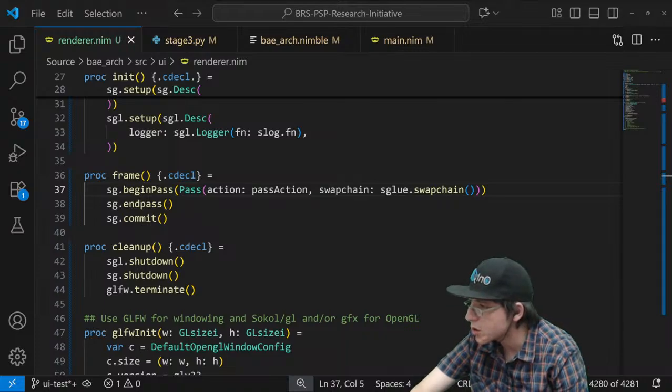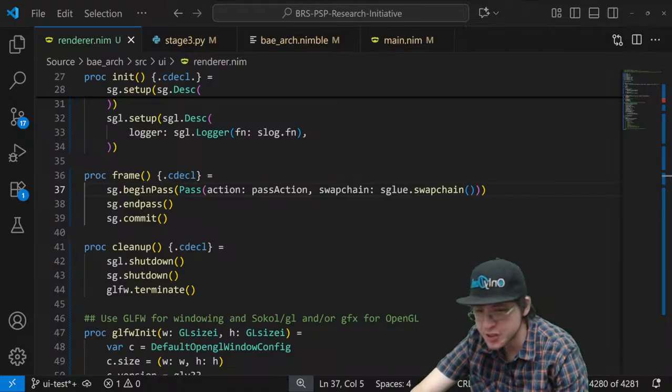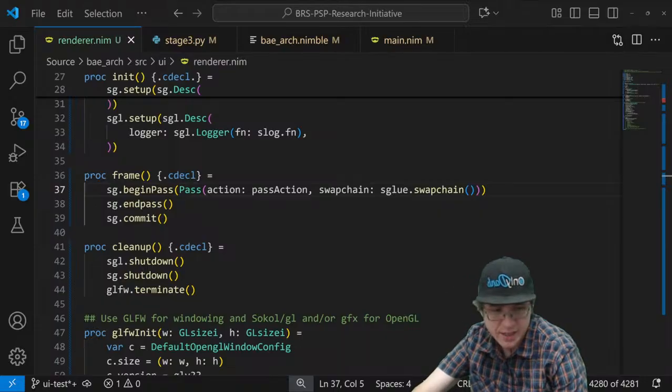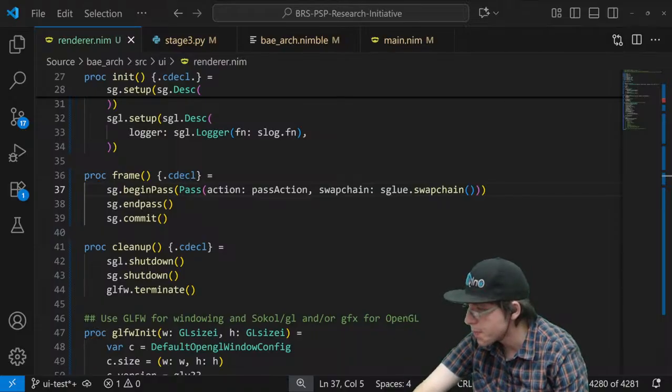Oh wait, I'm looking at the wrong one. Whoops. I was looking at the GLFW sample. I was actually meaning to look at the so-called Nim GLFW sample.